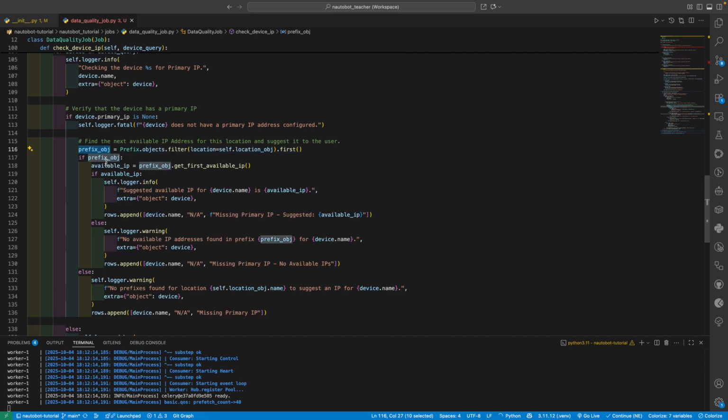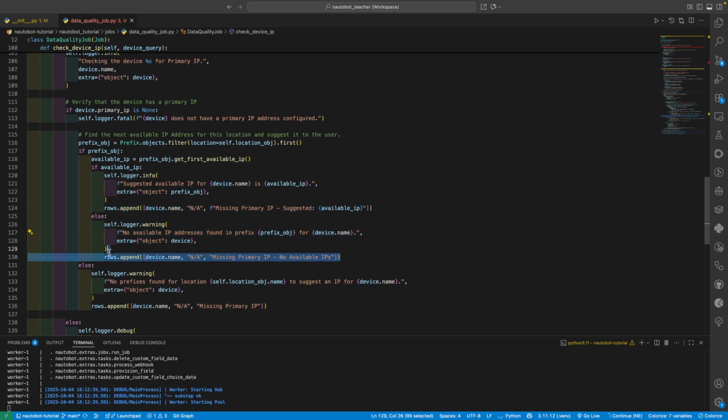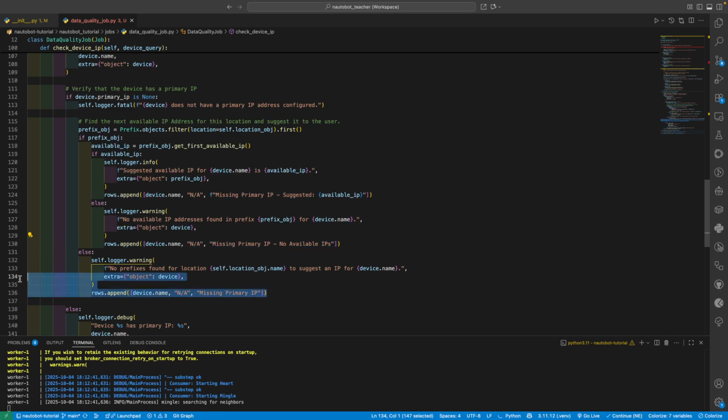Get the prefix object, and then get the first available IP, and then suggest it to the user. So I log it, and then I also show the prefix object itself, and I will append it to the actual CSV file. If there's no available IP, same thing, I'll log it and I'll add it there,